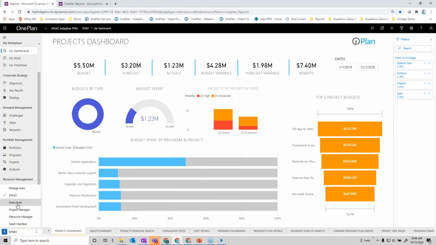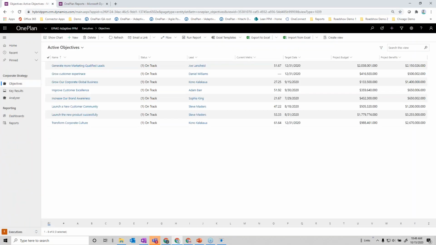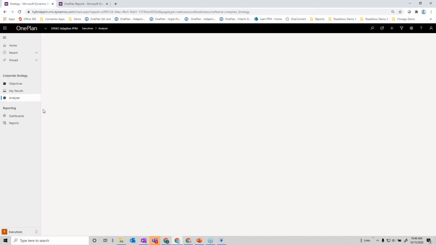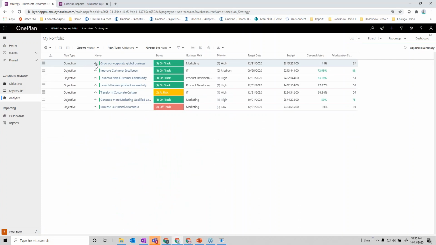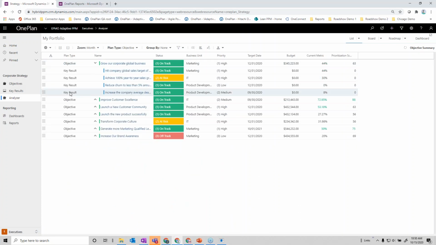And on the strategy level, if I had an executive role, for example, this example would say, hey, what are the objectives and key results that I have that I'm going to work with as an executive, and what am I tracking here on these strategies and objectives that we're trying to fulfill? Here, OnePlan within Power Apps comes in really handy. It gives me the ability to define what those objectives are, and subordinate to those objectives have tangible key results. So for example, I might have an objective to grow our corporate global business,